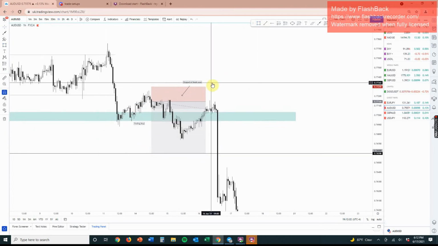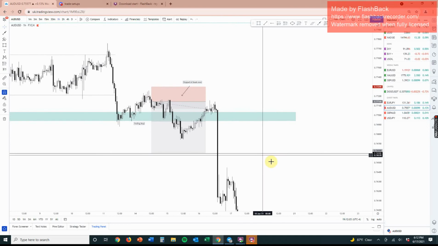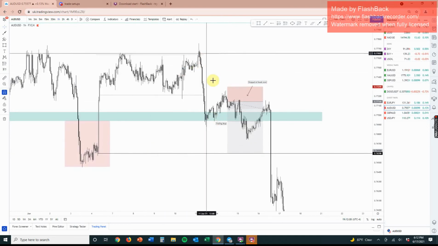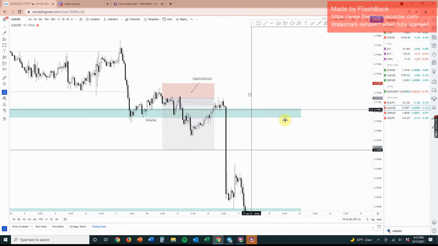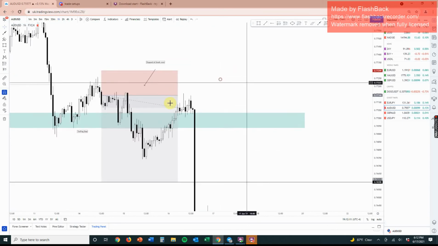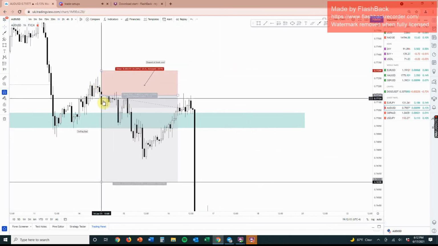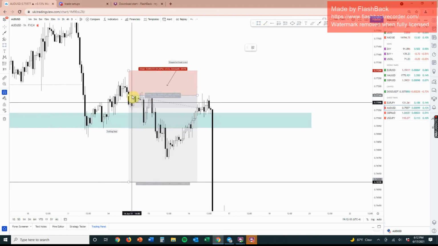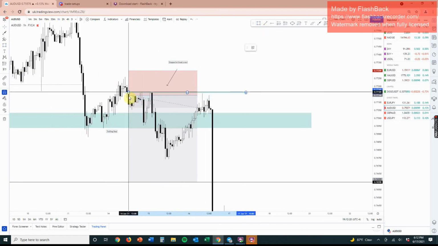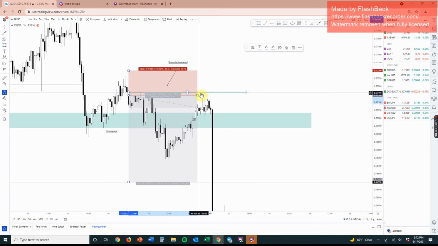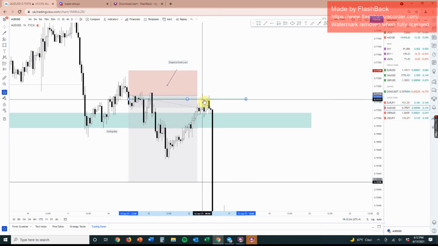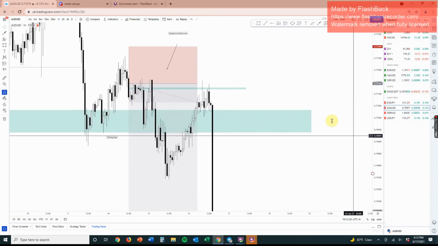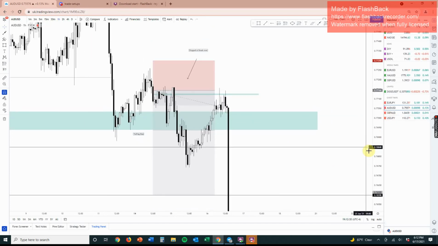Once I saw this move happen, I was already looking for entries to the downside because I saw this weakness that was already happening in the market. So I was looking for my sell. As we can see, price moved down and pushed down throughout here. I had this 50% imbalance level. I hope that you guys will be able to see this, but basically I had marked up 50% of this imbalance level of this candle for my original entry, but since I was monitoring the charts, I had just executed